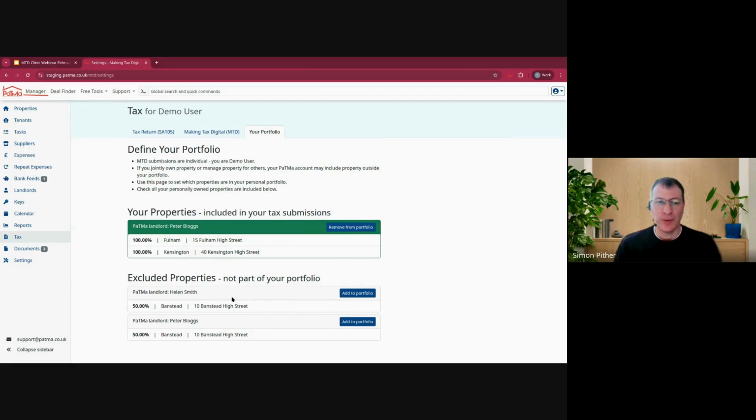And Helen is the one who actually manages that property. And she's got a separate PaTMa account, and that has the jointly owned property in it, and also her own property portfolio, which is nothing to do with Peter and completely separate. So what Helen has done is she's been able to have a landlord in her account for Peter, and then share just that property with Peter. So now Peter's PaTMa account can see that shared property from Helen. You can't see any of Helen's other properties at all, but can just see the shared one,